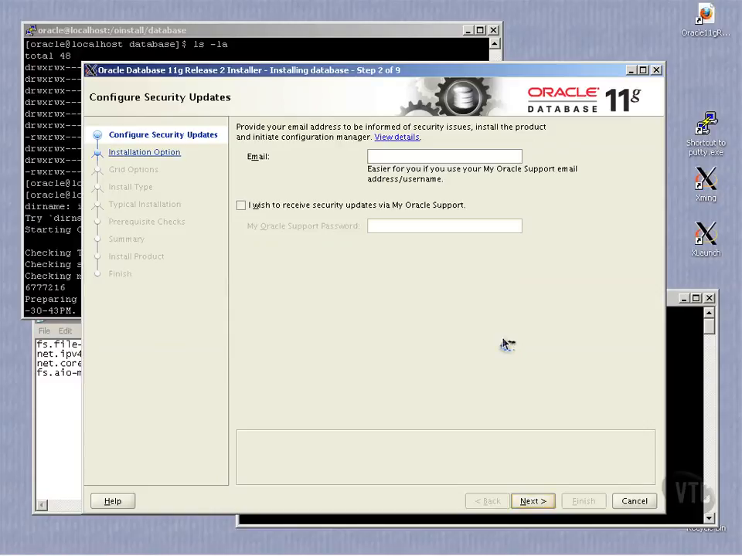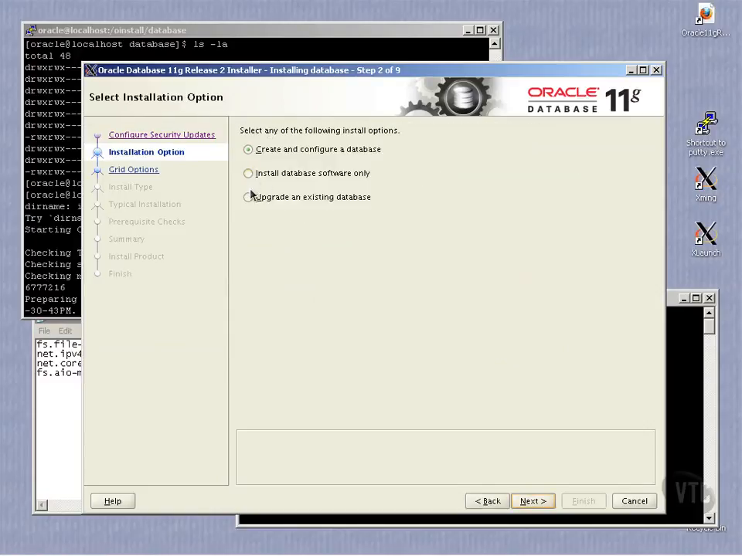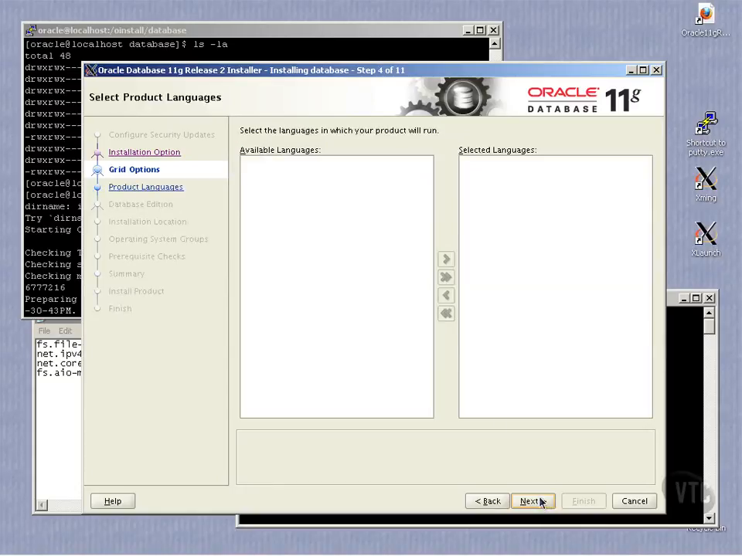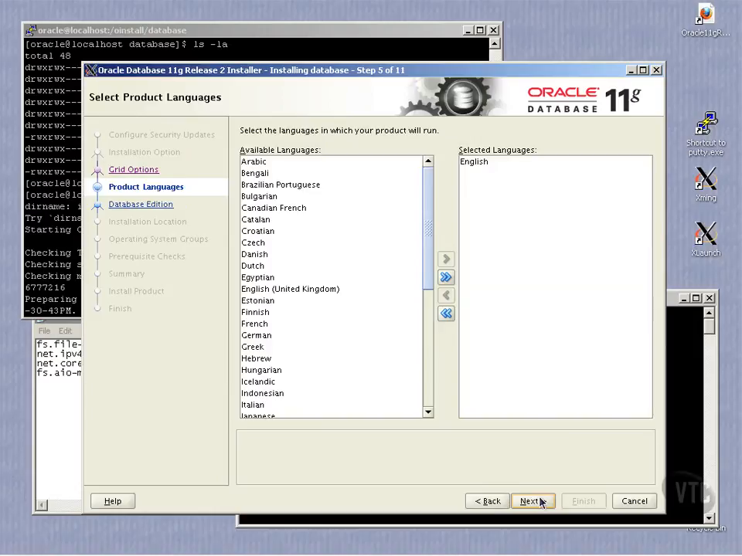Do I wish to make? Yes, I don't want to know about that. I'm not going to create a database. I'm just going to install the software. Click Next again. I do not want to work with Real Application Clusters, Oracle RAC, at the moment. Just a single instance database. Click Next. I speak English,